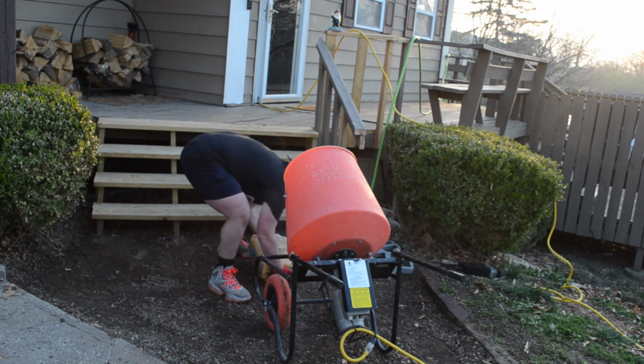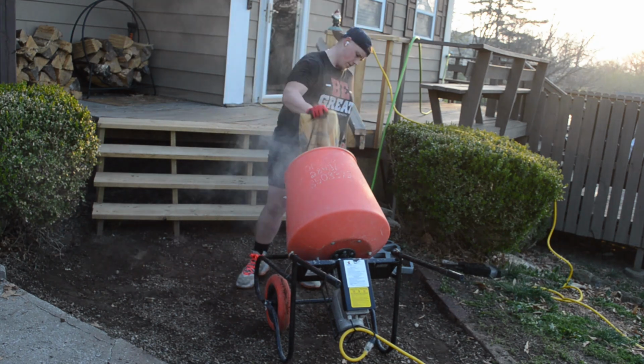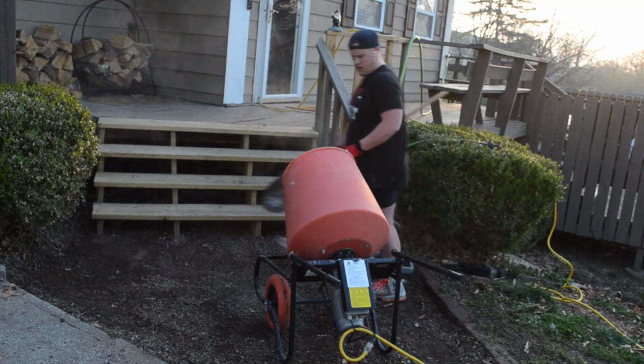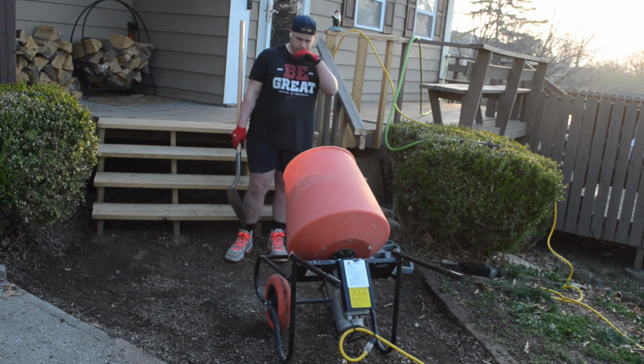This little 3.5 cubic foot mixer, I think is what it was, that I rented from Home Depot, it was $60 for a full day rental. And then the concrete bags themselves are like $5 or $6. So nothing costs a ton of money. It's a great budget way of going in and